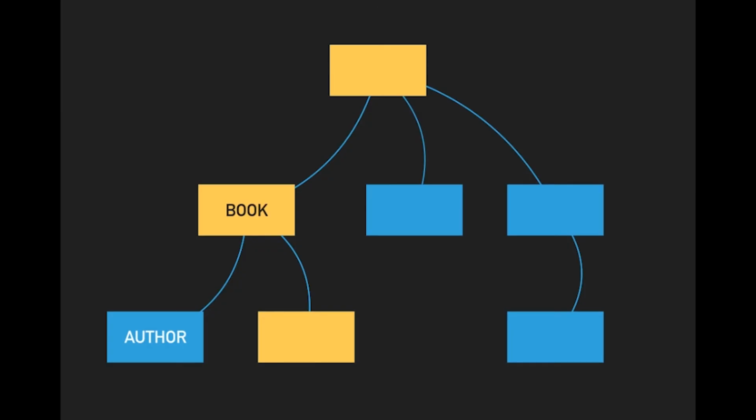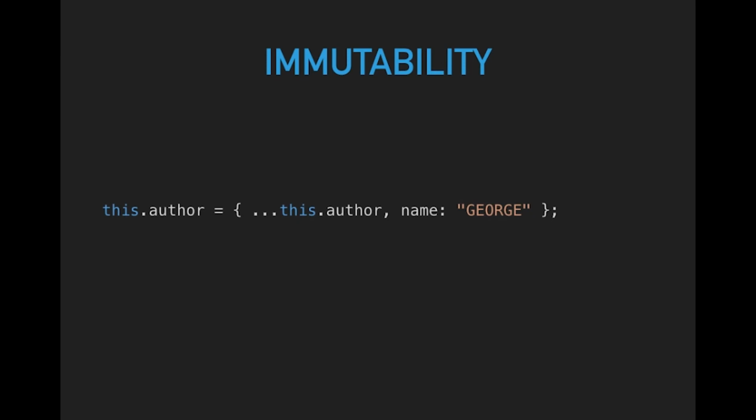So now, change detection will only be triggered for components that are interested in this change, if we set the new on-push change detection strategy on every component, and if we stick to this new rule. And what is this new rule? It's exactly something that is called immutability in the world of functional programming. So, just to rephrase, we must not modify properties inside objects. Instead, we create new objects with updated properties.